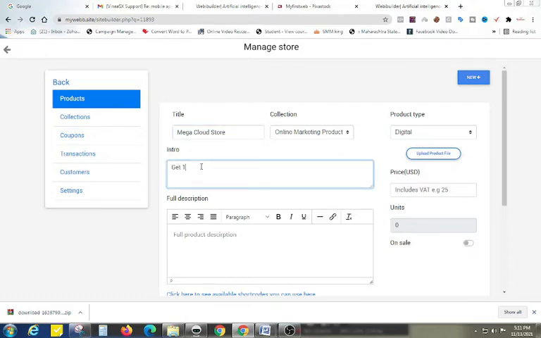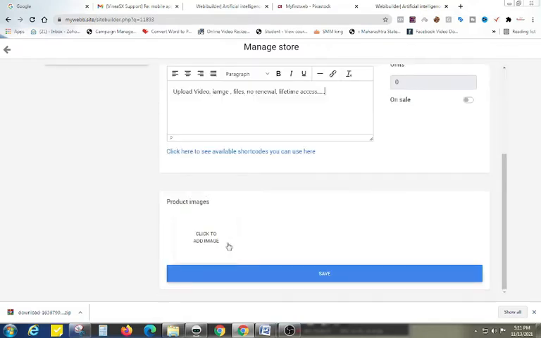Get 1 TB to 100 TB cloud storage. Get upload video, images, files, no renewal, lifetime access, like that, and upload your image.